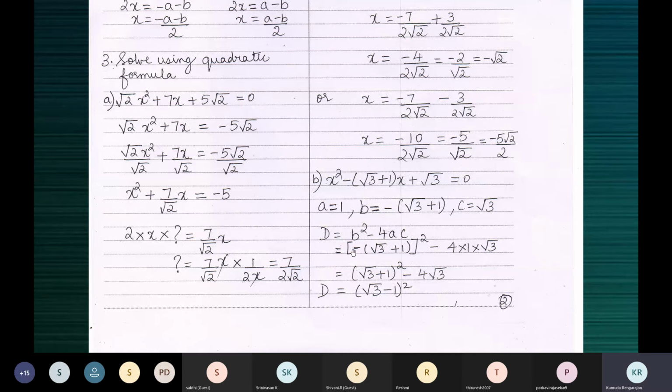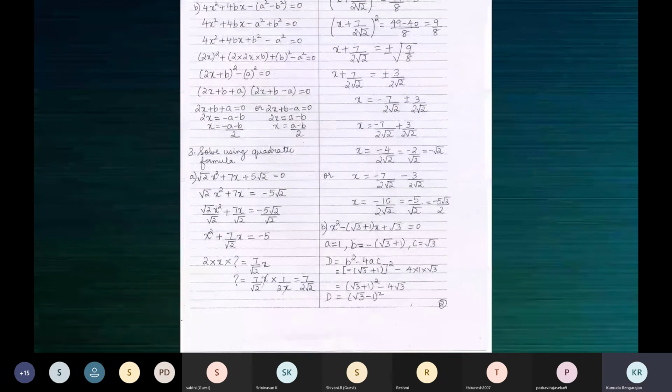So it's better you keep it out. You don't multiply it with the terms inside the bracket, because in b square, minus into minus is going to become plus. And later also, if you want to expand this root 3 plus 1 the whole square, it's convenient. If you had multiplied the minus inside, you would have minus root 3 minus 1 the whole square. You have to expand that further by using a plus b the whole square or a minus b the whole square. You can do it like that. That's the answer to your question.